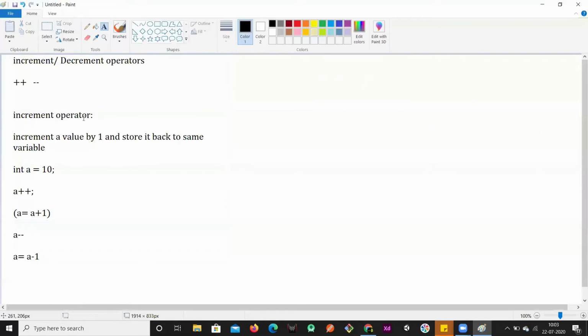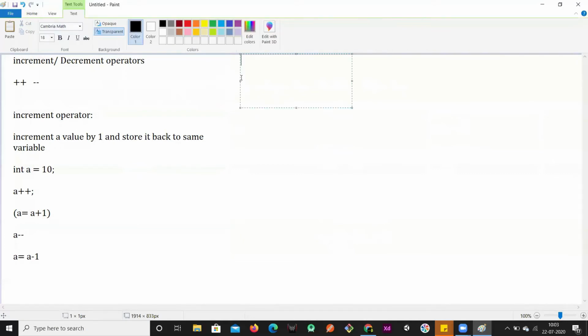But here we have two more classifications inside each operator. So one is the post increment, and then pre increment, and then in the same way we have post decrement and then pre decrement.